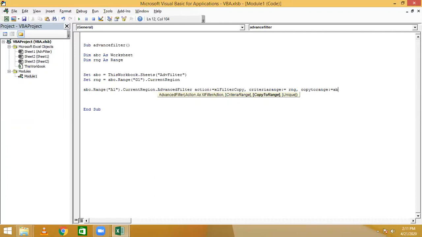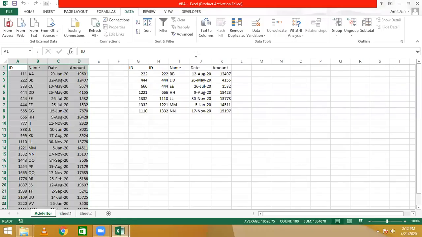ABC.Range("H1") is free because we have the criteria in G column, so we can use H column. It's free, comma, Unique:=True. So here is our code. Let's test it: reset it, and then run it. You can see we have the data, same data.